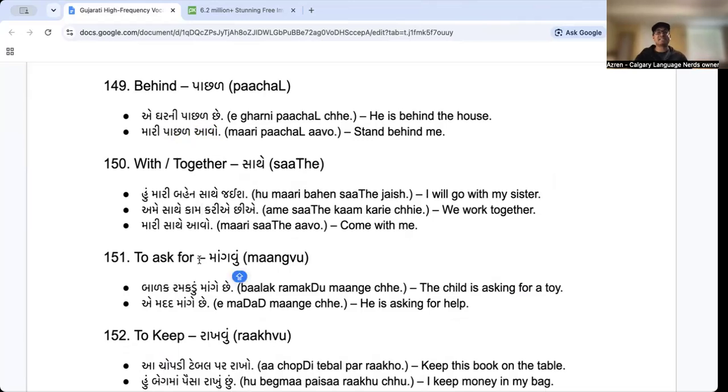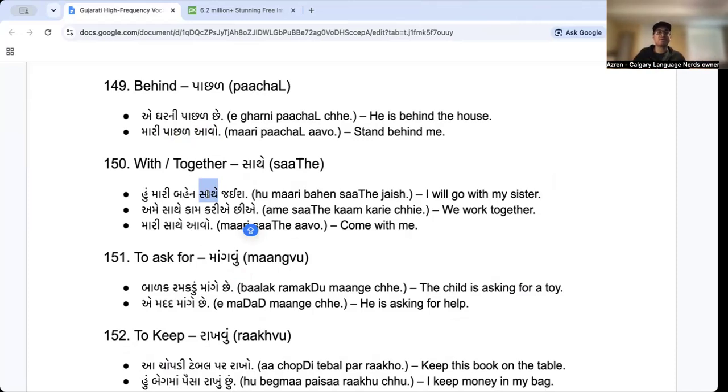Last one, a good place to end, is sathe. Sathe means with. We've seen that a lot already. Humari ben sathe jais. I will go with my sister. Sathe always goes after the person you're going to go with. So ben sathe, mitra sathe, Ezran sathe, Sejal sathe, Raj sathe, Bob sathe, Emily sathe, so on